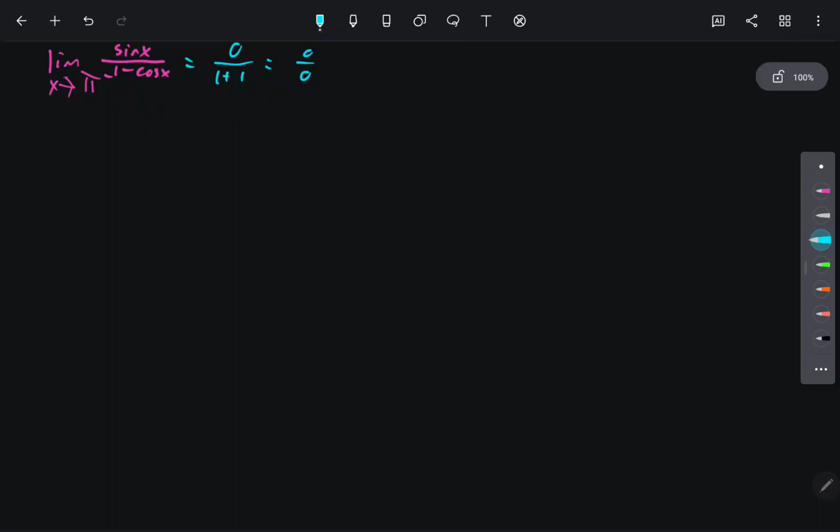Or sorry, actually, yeah. That should be 0 over 2. So in this case, we don't have to use L'Hopital's to evaluate this limit, as it's just going to be equal to 0. However, if you did try to use L'Hopital's, what you'll see